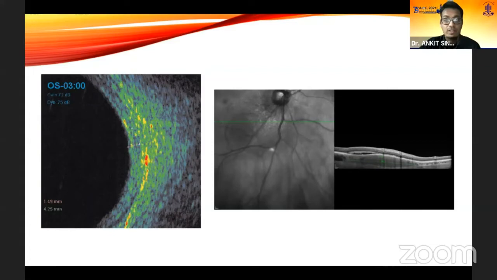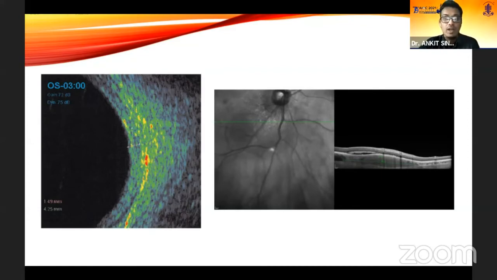If all these three features, that is orange pigments, subretinal fluid, and tumor thickness more than 2 millimeters, are present, then there is a very high chance of malignant transformation, and we should discuss the implications and management plans with the patient. However, if only 1 or 2 of these are present, ideally we should follow up the patient closely and look for any change. And if there is no change in 2 to 4 monthly follow-ups, then we can increase the follow-up to 6 months, but we should still keep a lookout for this patient's lesion.